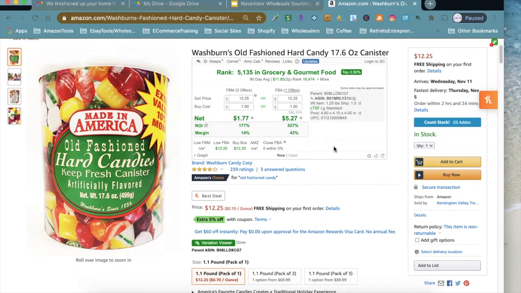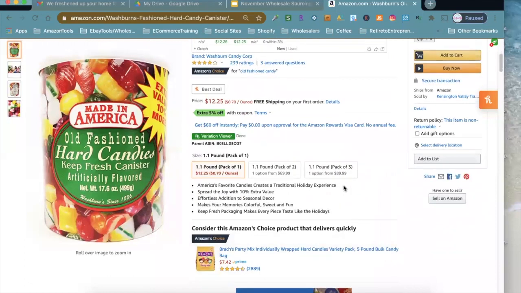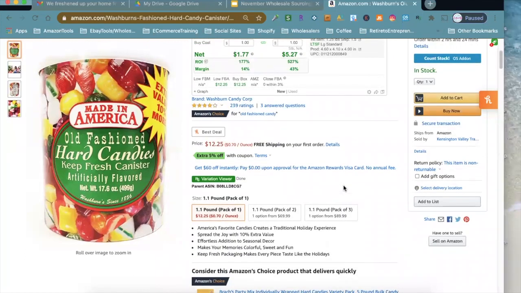It has a good rank. It has a great BSR. You can see the velocity, how fast it's selling. So that's just how we use reverse sourcing to actually find products to sell on Amazon. It's just a snippet of that.